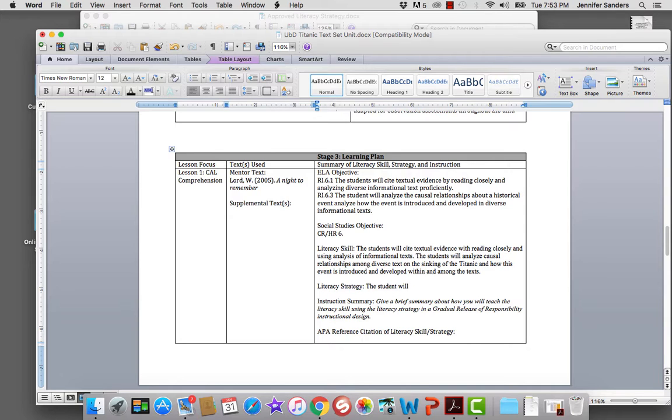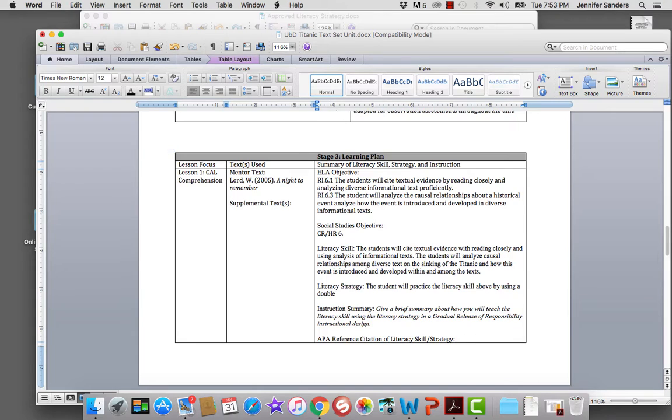The students will practice the literacy skill above by using a double entry diary,